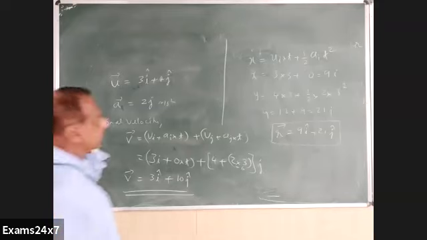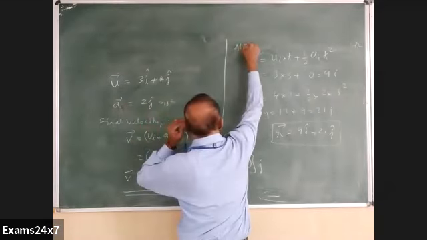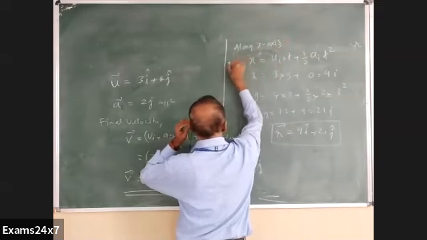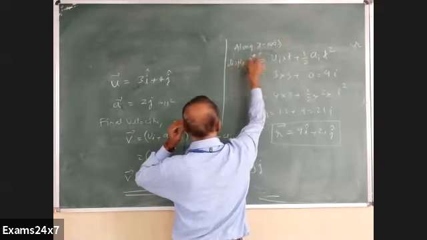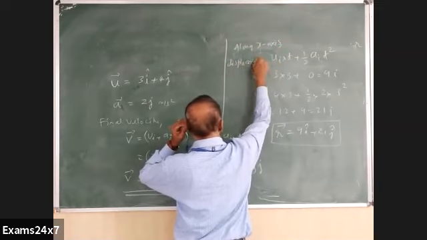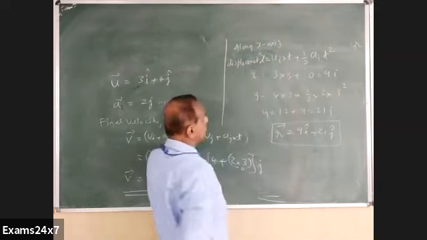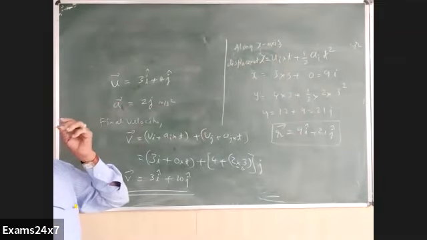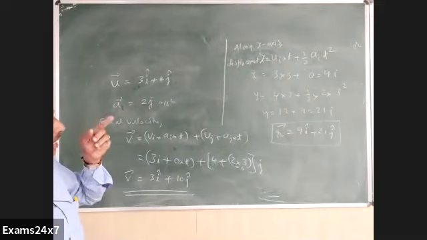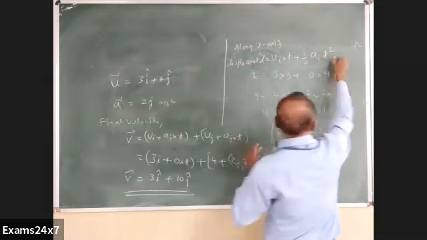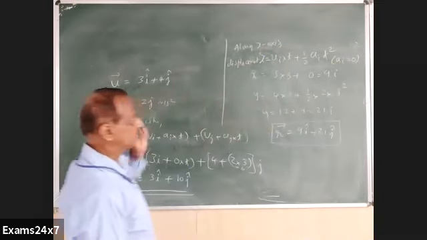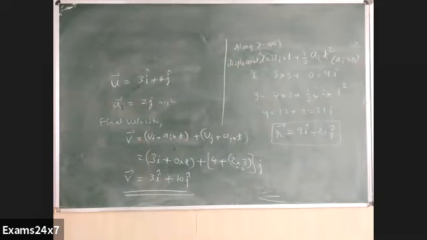Then you can write along x direction or along x axis displacement. I call it as simply x itself here. Displacement x is equal to initial for x direction into t, ut plus half a square, modified here as ui into t plus half ai t square. But there is no acceleration along the x axis. It's only for y axis. Therefore, 3 into 3 alone becomes the answer here. 9i we can call it.